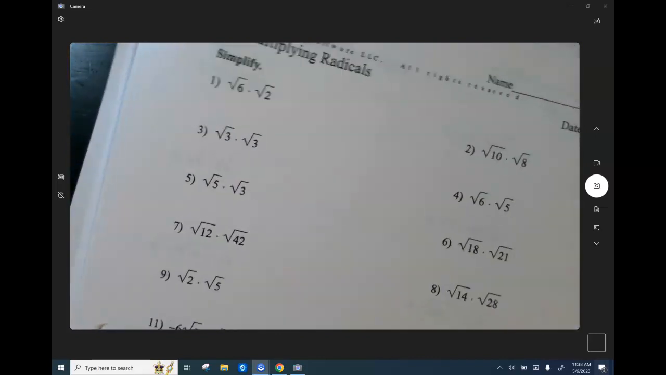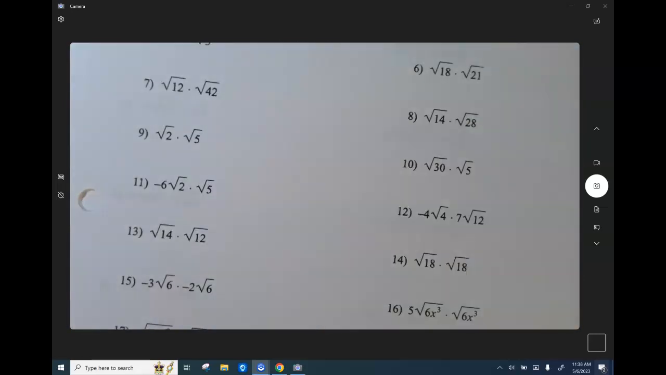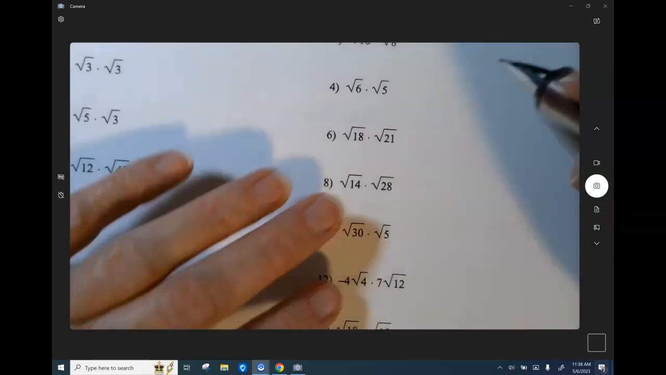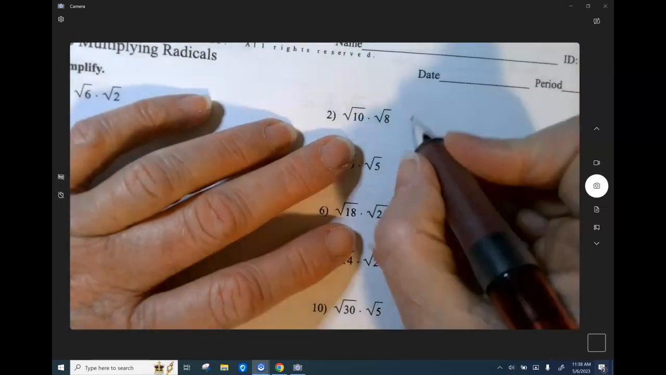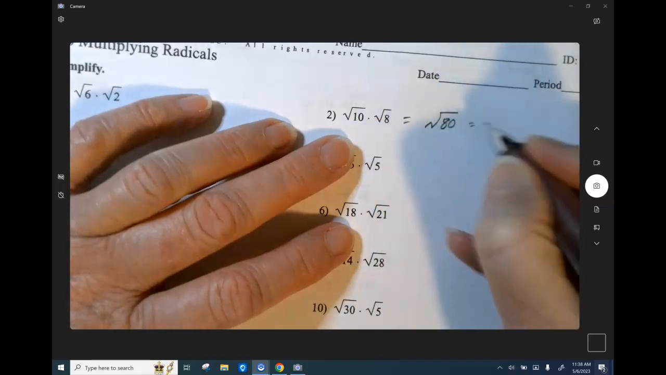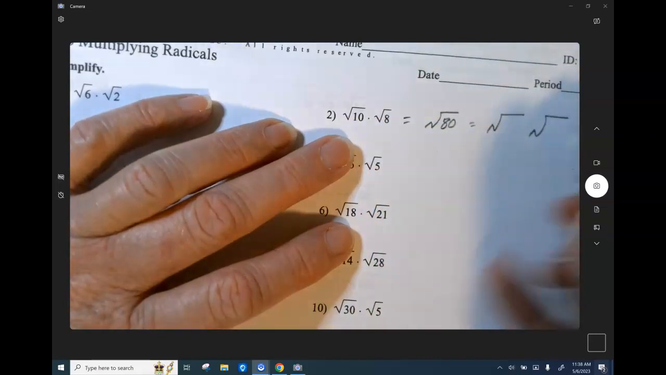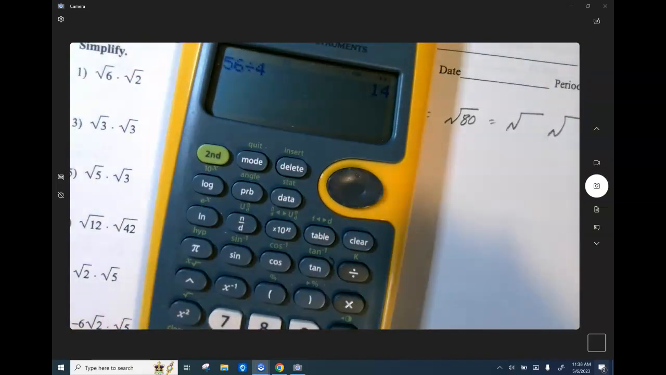We did evens last time. Do we want to do evens or odds? Oh, we want to do evens so that you get more practice. Okay, so here we go. Square root of, so I have a 10 and an 8. I'm going to multiply, get the square root of 80. Now I want to break 80 into perfect square, non-perfect square. What's a perfect square in 80? Now this I don't mind you using your calculator for. Just don't use the square root